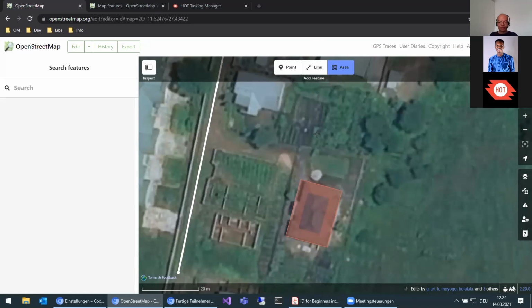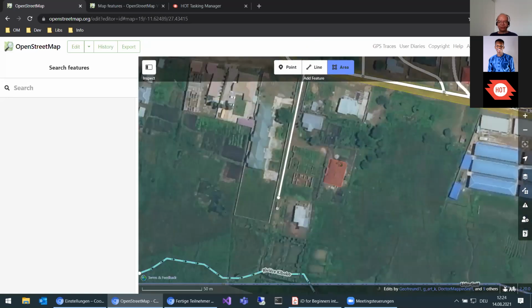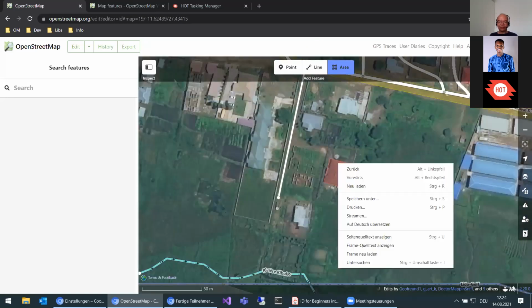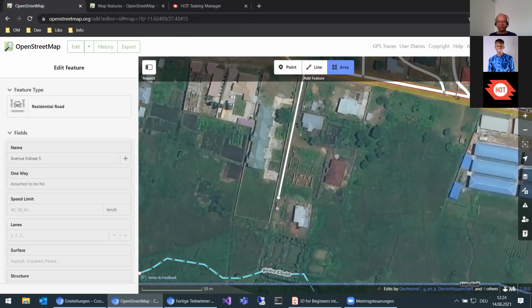Okay, let me just add how you want to do that when you're not mapping individually, but using it from our tasking manager. That's a bit of a different story. So one thing I forgot. When you have mapped something,